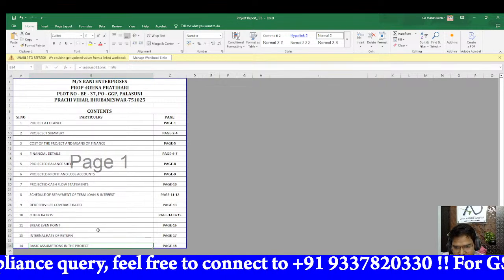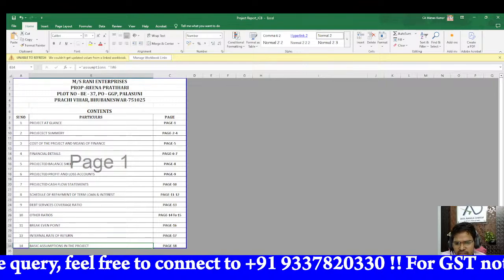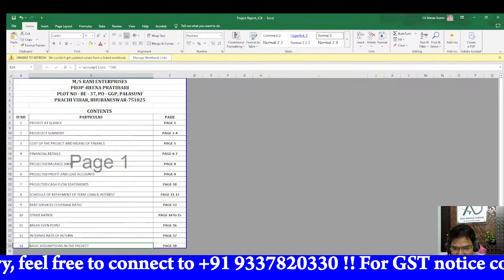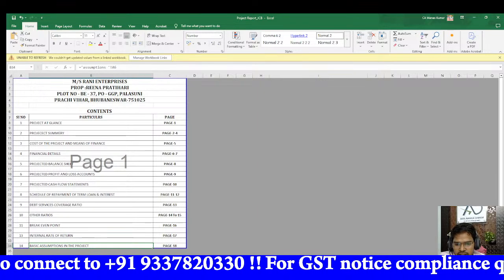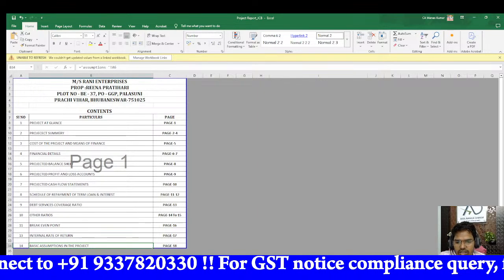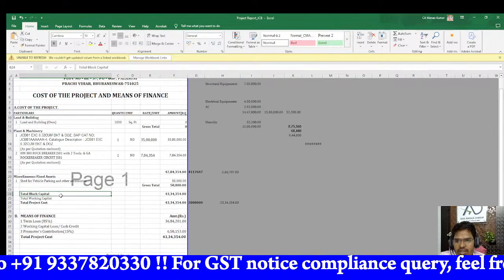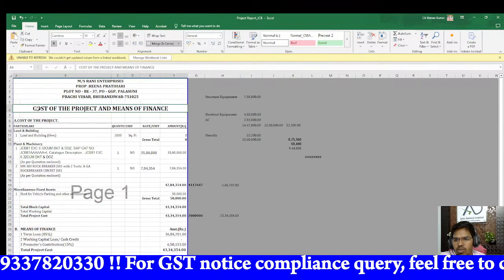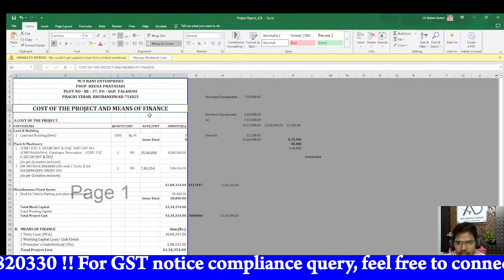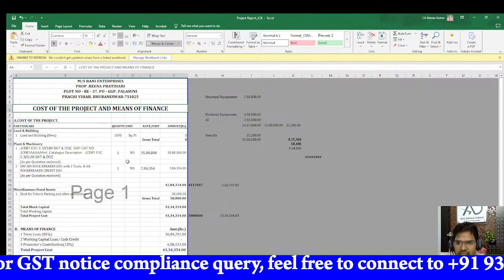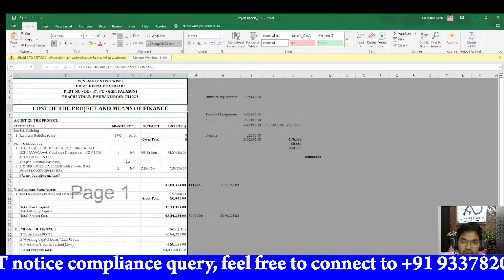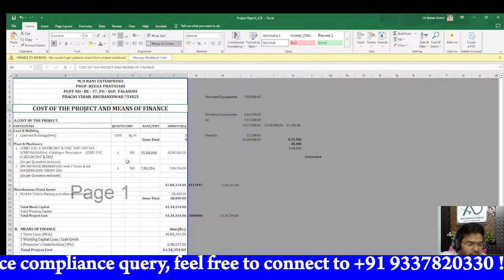in this content. Okay, let's start. First of all you have to shift to the fixed schedule. Shift to the fixed schedule. This is known as the cost of the project and the means of the finance. That means आपका प्रोजेक्ट कॉस्ट कितना होगा एंड कौन सा सोर्स से वो फाइनेंसिंग होगा. Okay,